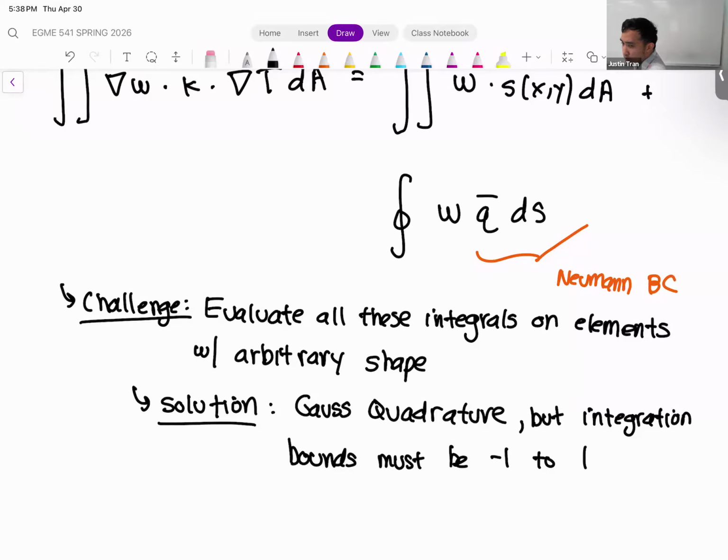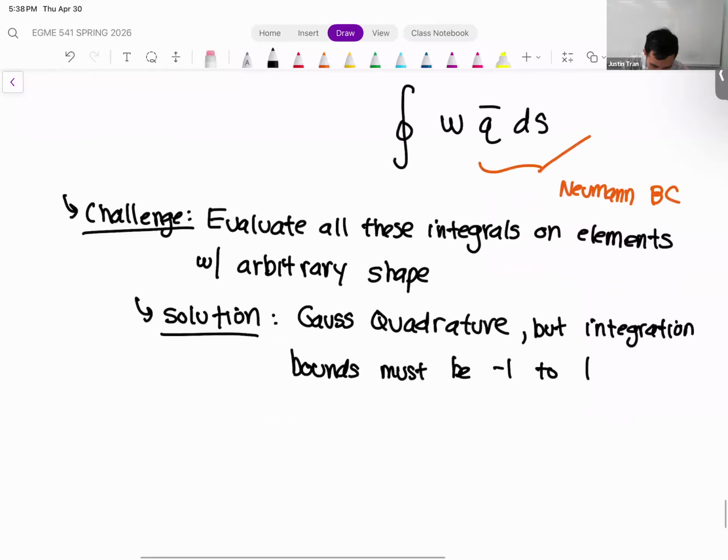Which generally is not going to be true for an arbitrary element that's oriented arbitrarily in space. So we need a solution to the solution, right? So we came up with one solution, and it came up with another problem. So our solution two,